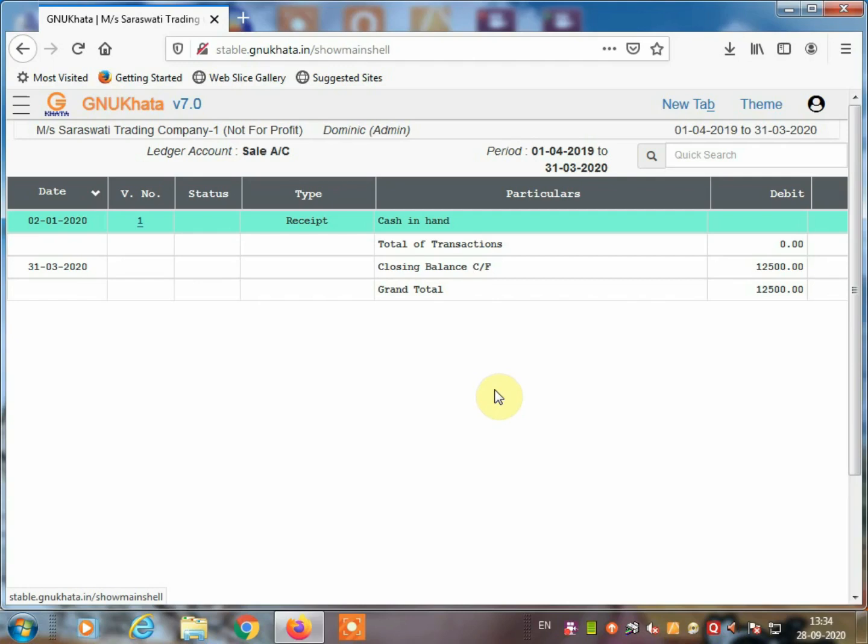So my dear students, practice this. Tally software you must learn, and not only Tally, any accounting software you must learn, and use that software to check whether the transactions you are recording are correct or wrong. Simultaneously you will learn Tally as well as GNU Khata. In the next lecture we are going to learn another problem which is given on page number 53. That problem we are going to learn through Tally as well as GNU Khata.